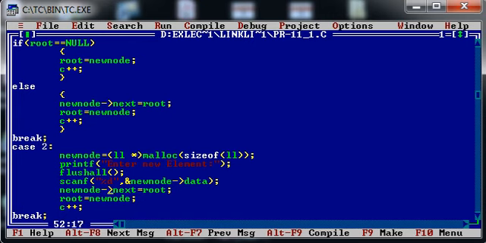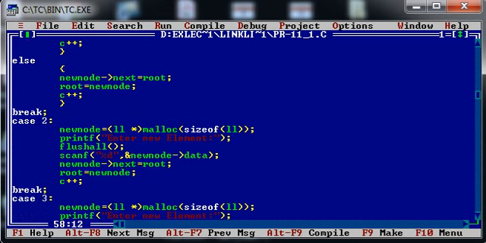Then I am assigning the address of the root node to the address part of the new node. Later, I am considering my new node as the root node. In this way, we can insert a new node at the beginning of a linked list.